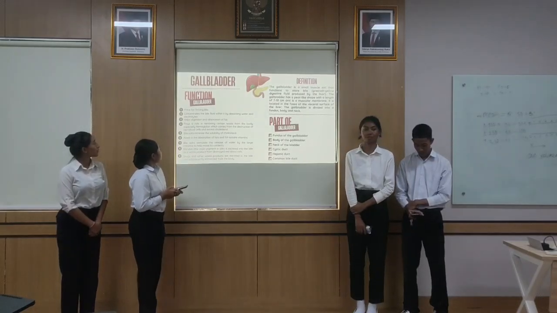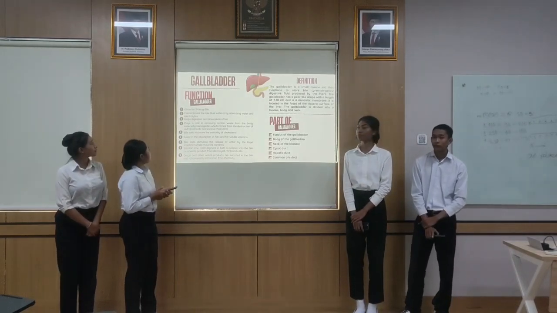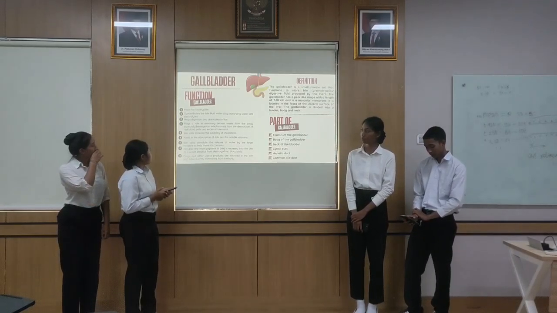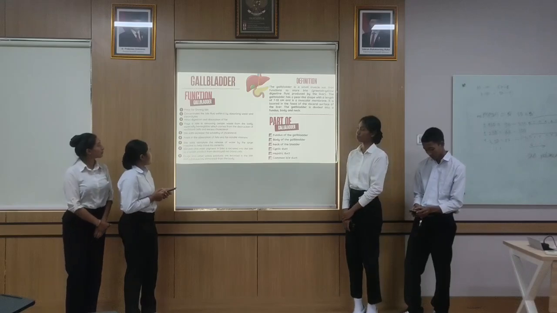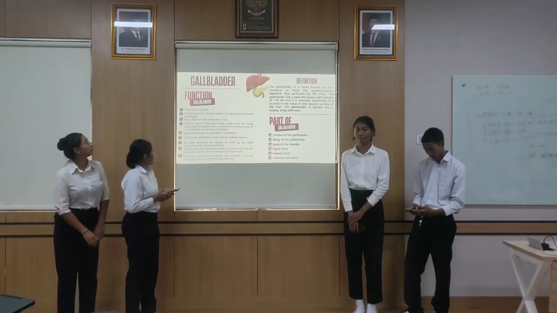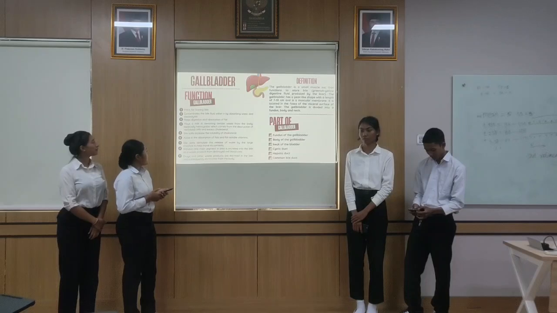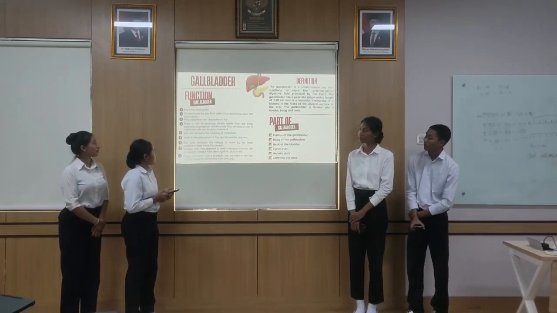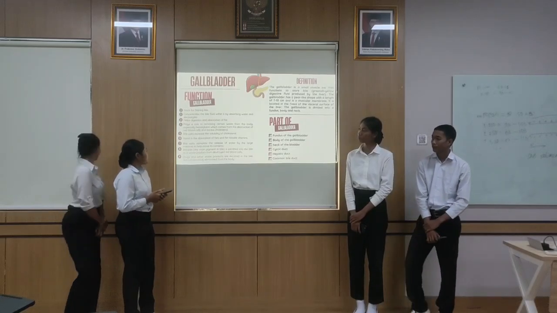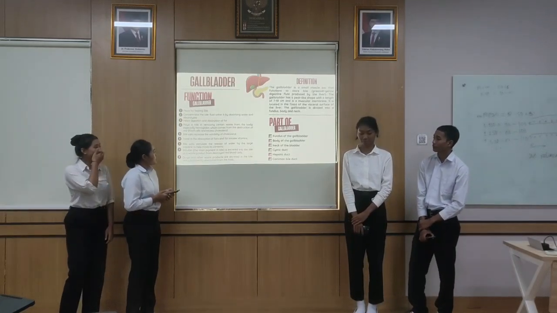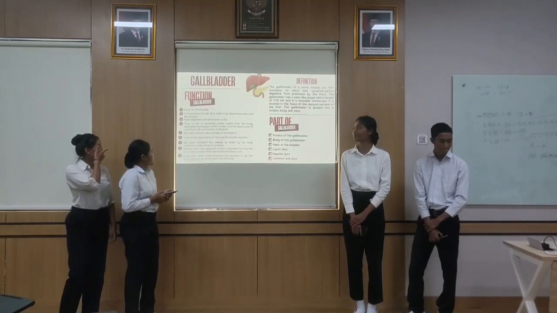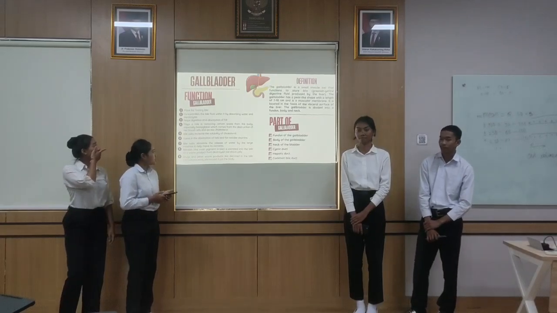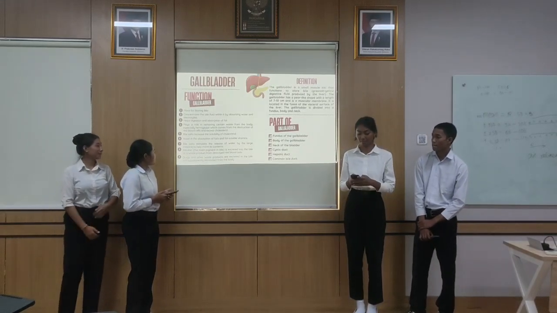Functions of the gallbladder. First, a place for storing bile. Second, it concentrates the bile fluid within it by absorbing water and electrolytes. Third, it helps digestion and absorption of fat. Fourth, it plays a role in removing certain waste from the body, especially hemoglobin, which comes from the destruction of red blood cells, and excess cholesterol. Fifth, bile salts increase the solubility of cholesterol. Sixth, they assist in the absorption of fat and fat-soluble vitamins. Seventh, bile salts stimulate the release of water by the intestine to help move its content.